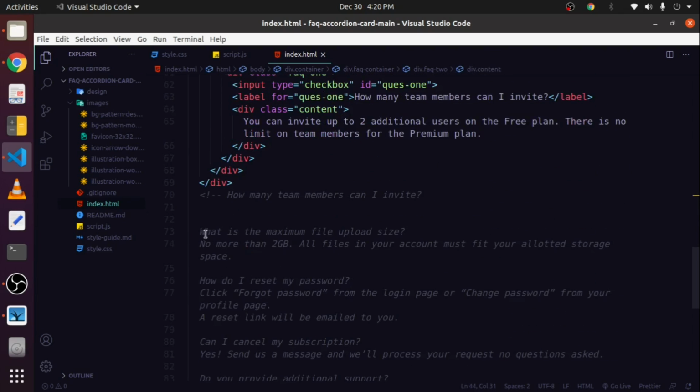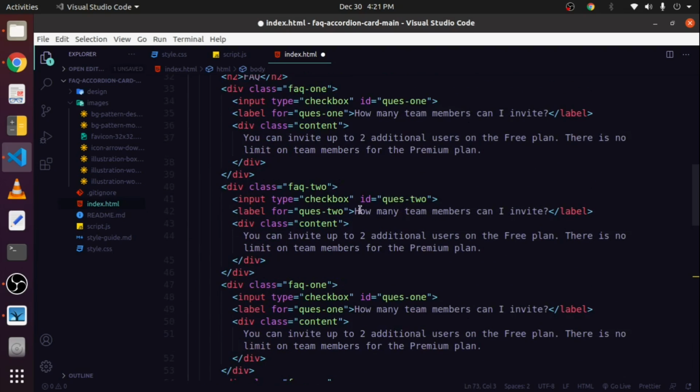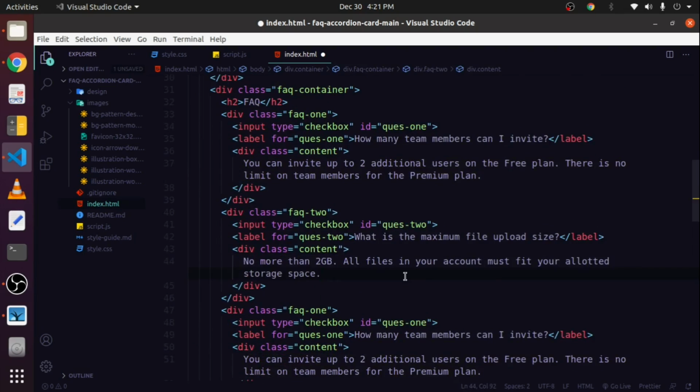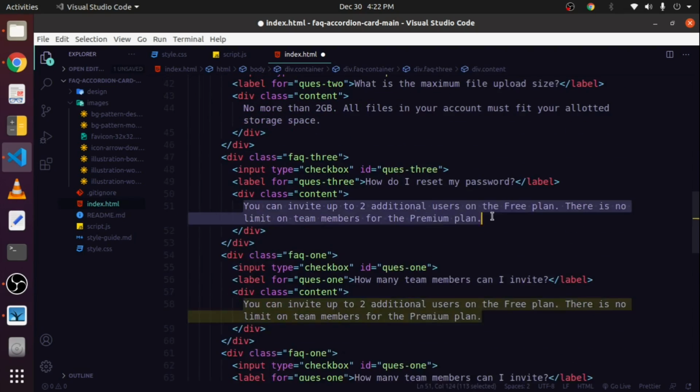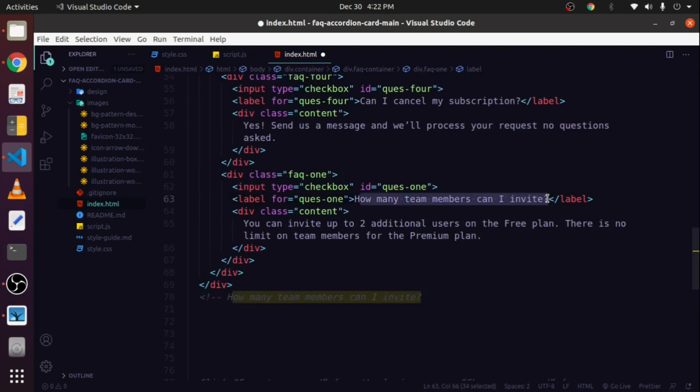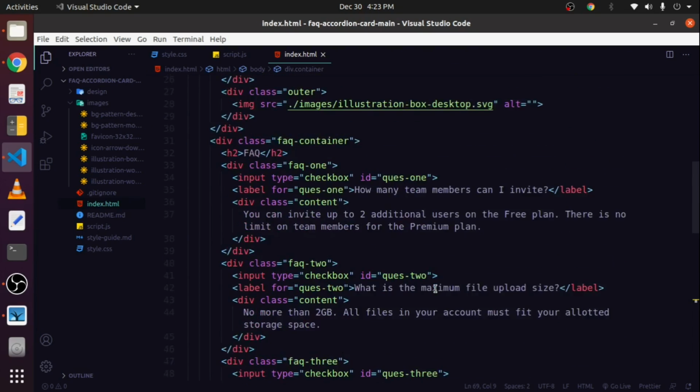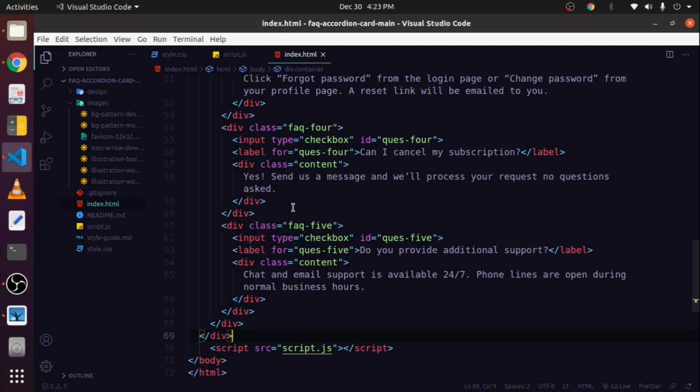Just go down and copy the second question and paste over here. Now I have created all the 5 FAQs and changed the content of each one. I'm again telling you the ID of this input and this for attribute should be the same for each one.